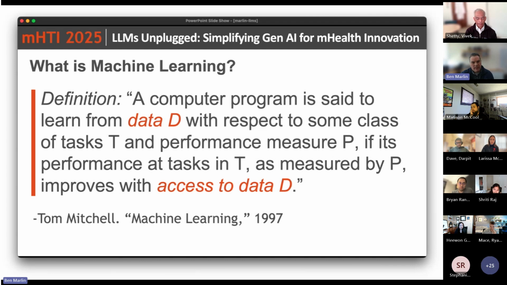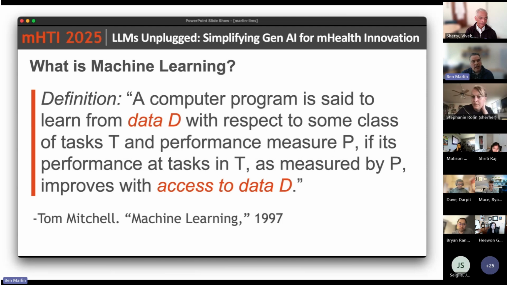Right? So this is the basic idea that we are going to attempt to learn to do something. Not just learn in general, but learn with respect to some specific task. And the way we're going to learn is to have access to some form of data. So there are multiple different forms of machine learning that are based on access to different kinds of information. This definition goes back to Tom Mitchell, a researcher at CMU, from his book in 1997.